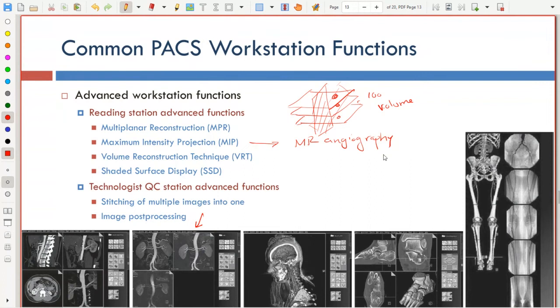For MR angiography, there is something called white blood MRI. It's one of the techniques that would make the blood vessels look a little bit whiter than the regular tissues. So if the blood vessels look a little bit brighter than the surrounding tissues,